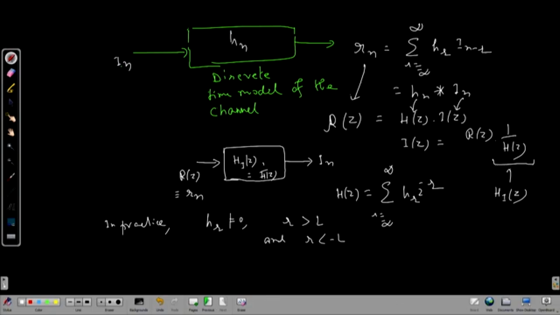This is not equal to 0, otherwise it is 0. Oh, sorry, this is okay. This is equal to 0 outside this range, which means